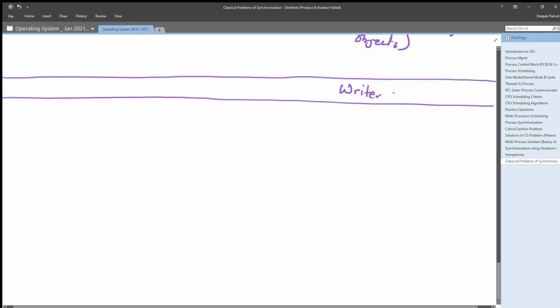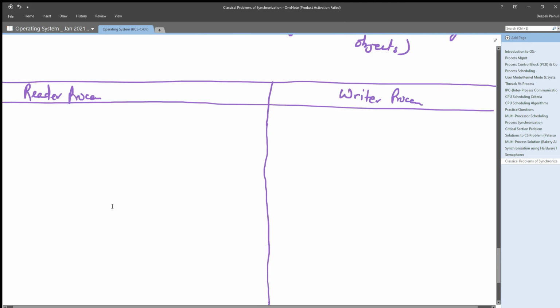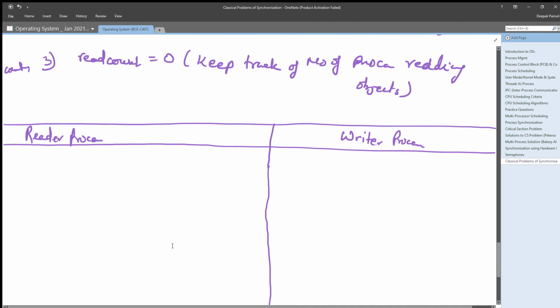Writer process and reader process. So first write for the reader process: do, the reader process must wait on mutex. Let us write it first, then only we will discuss it, right?